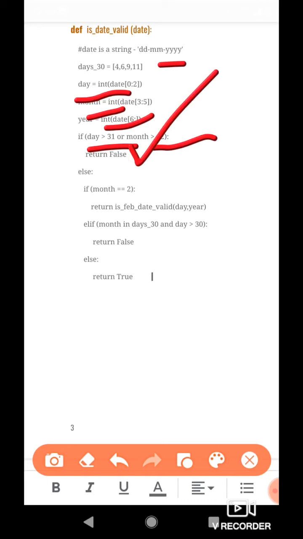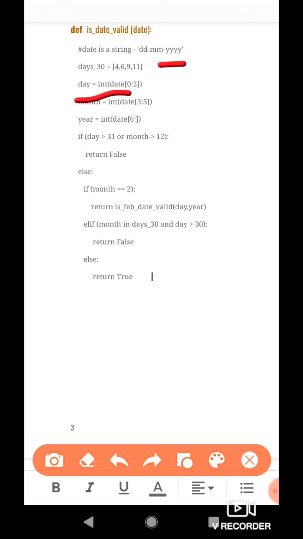And in the else part we make this change here. This part is new. What is it? To handle the February case, we write this if statement. We write if month equal to 2, that means if the date is a February date, then we return whatever is returned by calling this isFebDateValid with arguments day and year.